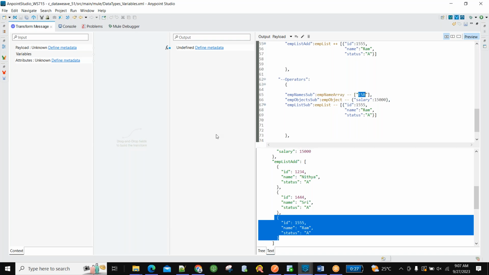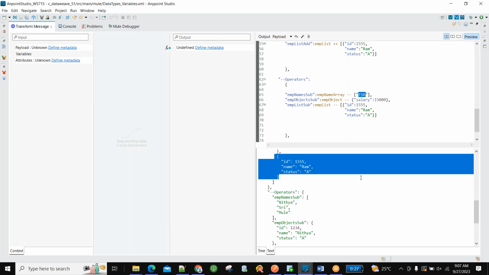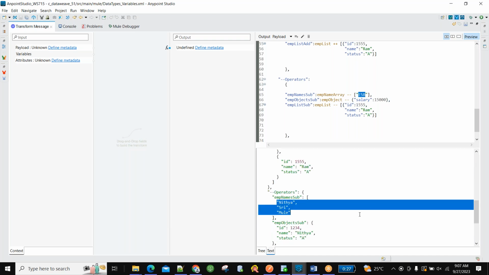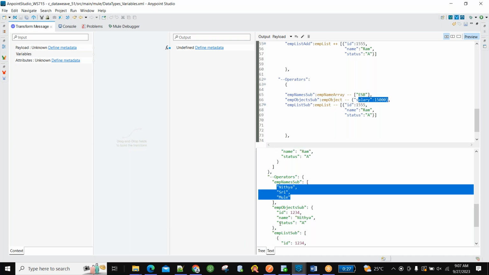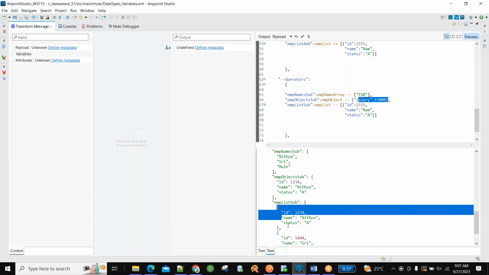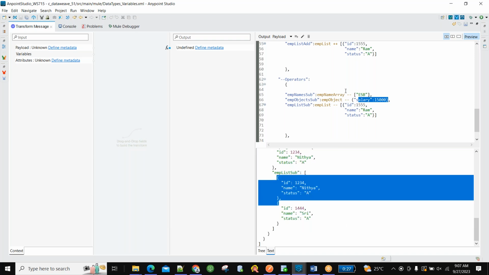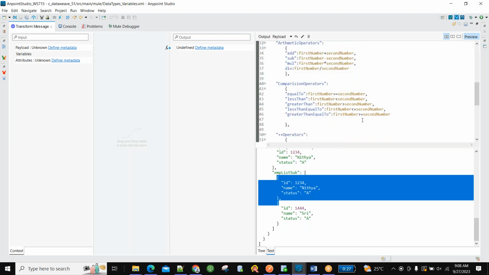Whatever ESB I have added, I want to remove it. I don't want that. So when I am sending it to the target system, people are expecting a few things to be removed from the result array. So we can remove it by using minus minus. If I keep minus minus, this ESB will be removed and the result will be only 3 values. The same case goes with an object as well. This key value pair I am removing, so the result will be without salary. The list also is the same case. That means plus or minus we can do it.